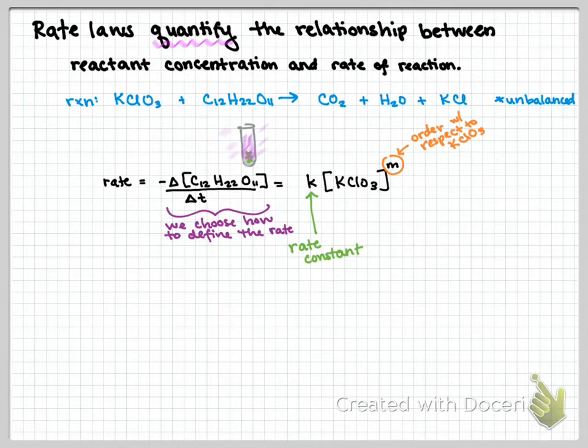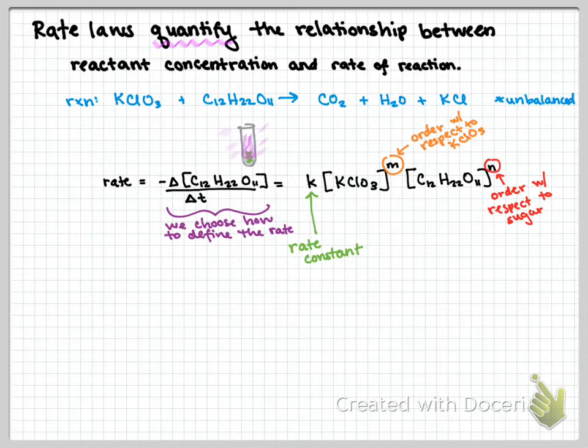This m represents the order with respect to the first reactant, which in this case is potassium chlorate, times the concentration, again usually the initial concentration, of sugar raised to this exponent n,